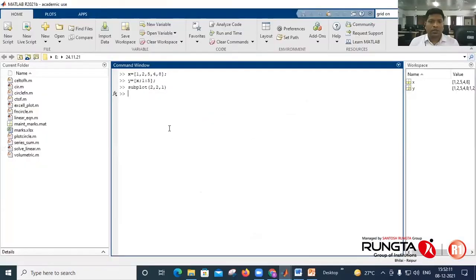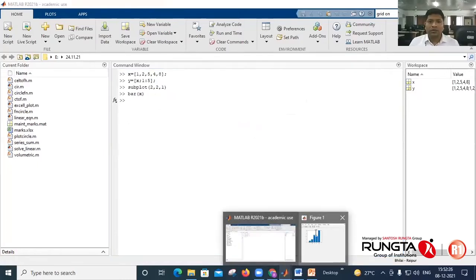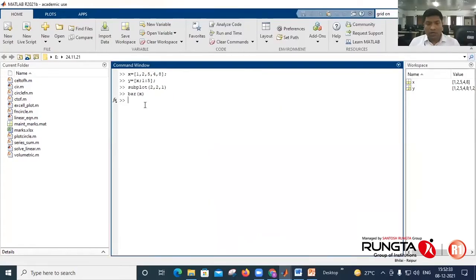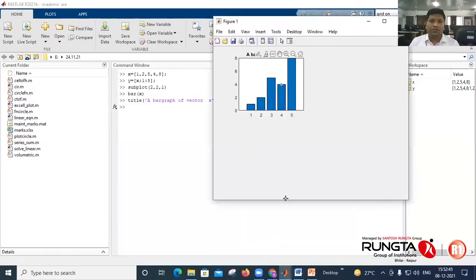The command is bar X, so with this bar X, it will plot. I will put the title next. Enter, so it will generate a bar chart over here. You can put the title like how you put it in other cases also. The command is title, a bar graph of vector X, enter. So it will add the title over there.